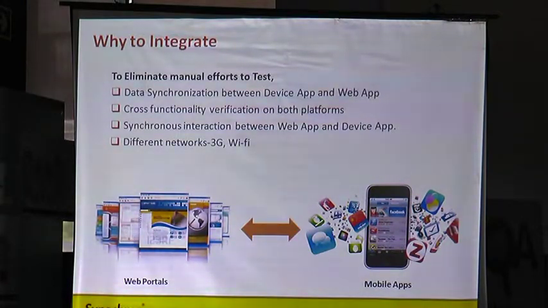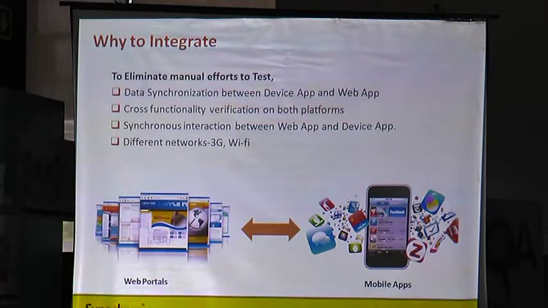The third point is the synchronous interaction between the web app and the device app. There are some data protection apps in the market where you can invoke a command from the web portal and it will be invoked on the device. For example, if you lost your mobile phone, you go to the web portal and lock the phone, or you can just alarm the phone so you can find out where it is.